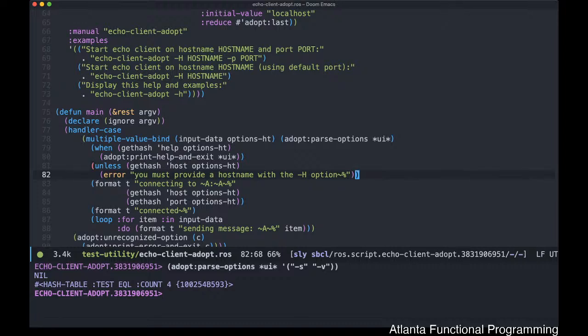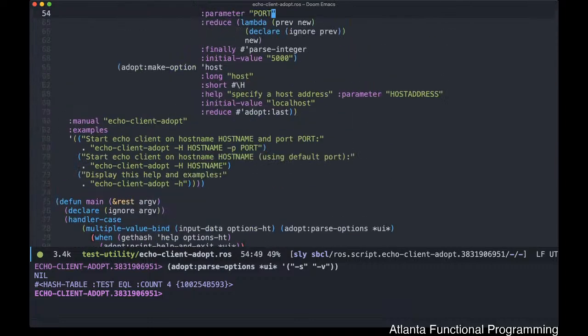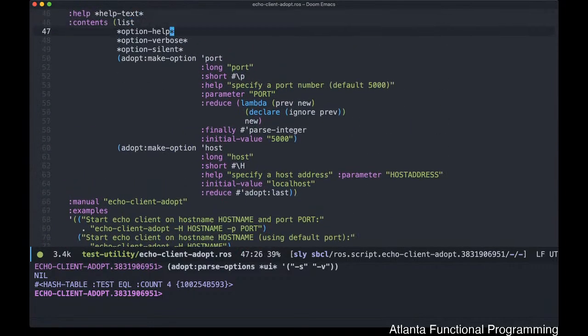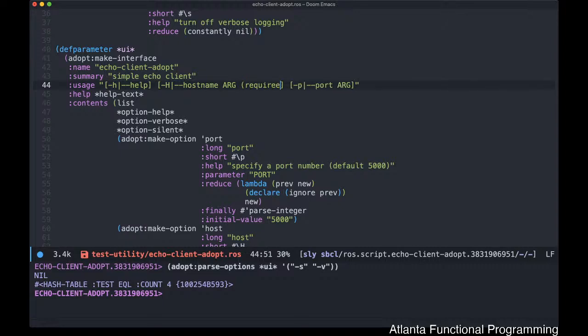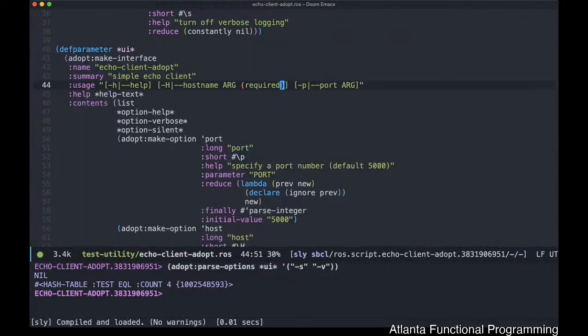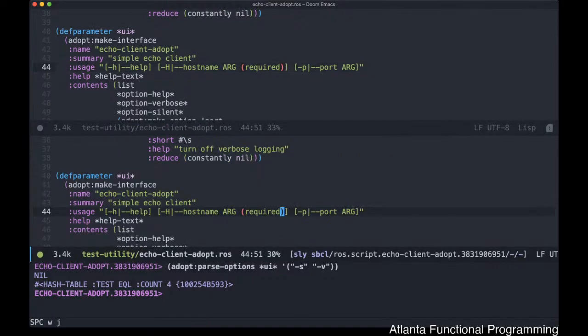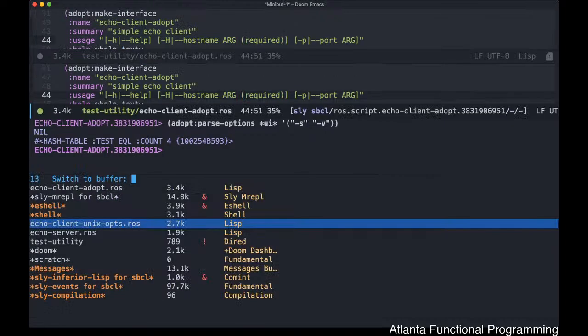Okay. And we can just do this, and now we essentially have the same thing that we had before. In our help text here, we can now say that this is now required. But again, like I said, this is the author's belief that we shouldn't really ask users to provide certain required arguments, especially in the case that they need to know what arguments need to be passed in. That's just a design choice that the author